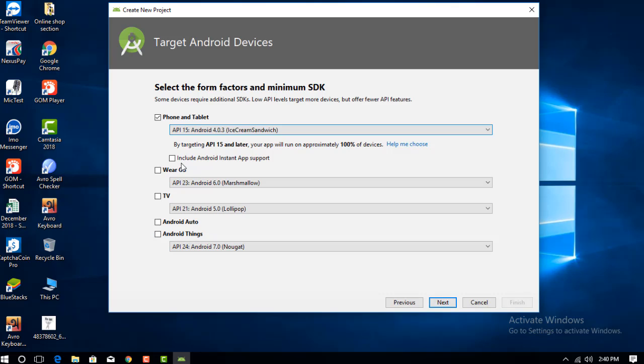And if you want to choose another, there are TV or Wear OS, Android Auto, and Android Things. So I am going to make this only for phone and tablet. So I'm choosing this one, and this is the minimum version 4.0.3 Ice Cream Sandwich. So click on the next,